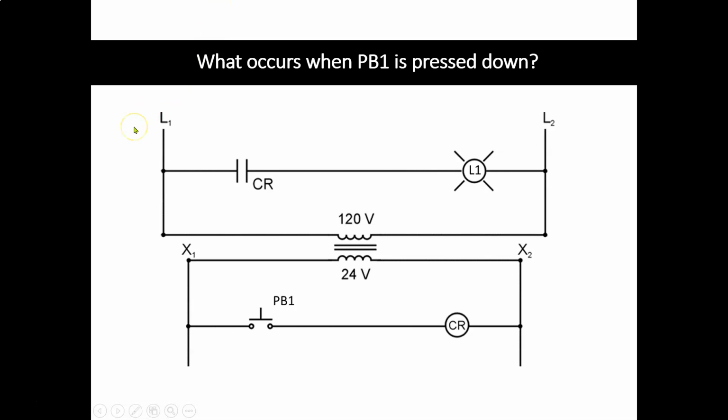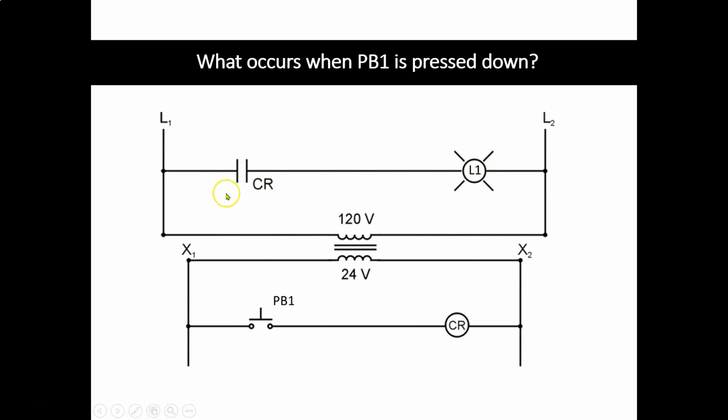All right, here's a simple schematic diagram. They're asking what's going to occur if I push button 1 down. So push button 1 here on the secondary side. My control circuit and my power circuit. Again, control circuits have the control device in it. Power circuit's going to be usually a higher voltage, but it's also going to have your contacts and your real